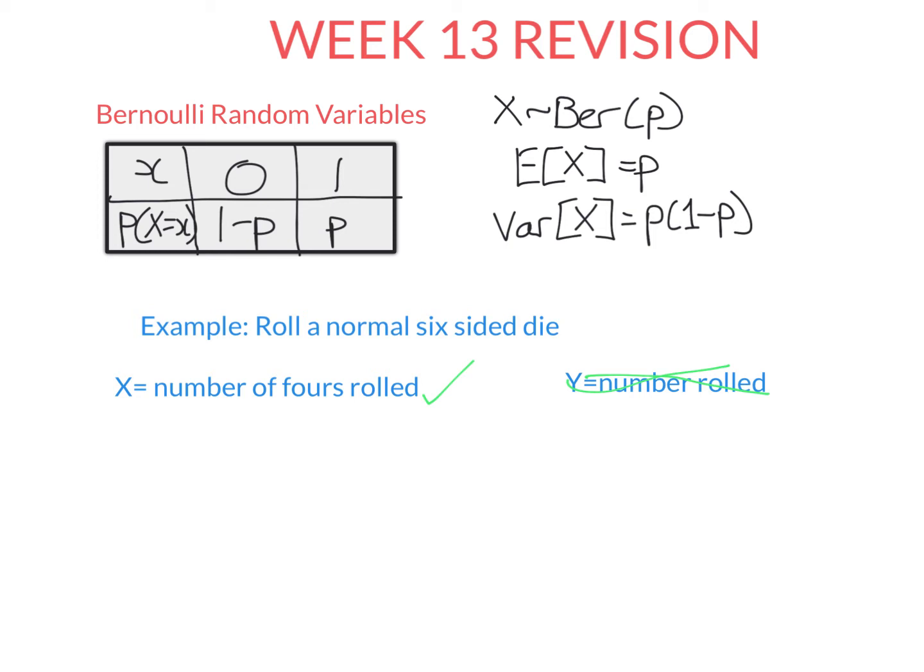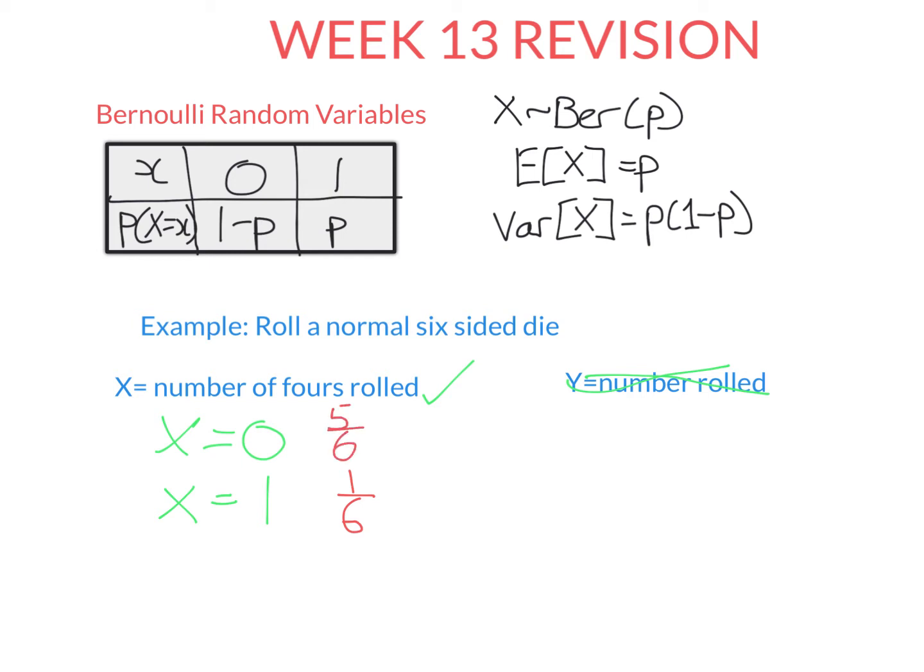If you let X be the number of 4s rolled, we can either have X equals 0, no 4s are rolled, or X equals 1, a 4 is rolled. So this is like corresponding to success. If we want a 4 rolled, X equals 1 means we've succeeded in that, X equals 0 means we failed in that, and no 4s were rolled. So, of course, here P would be 1 over 6. The probability you roll a 4 is 1 over 6, and the probability you do not roll a 4 is